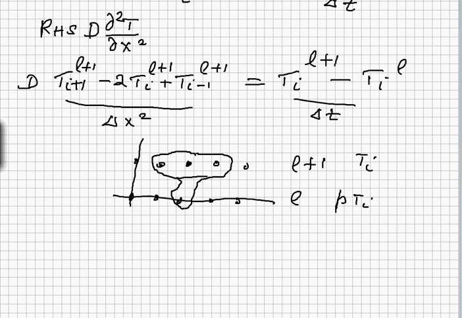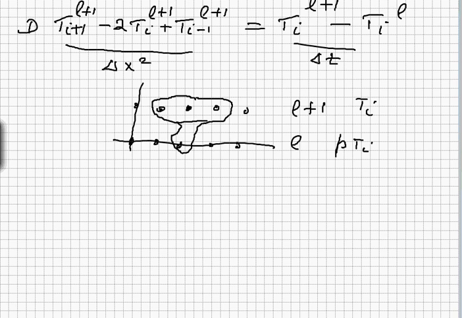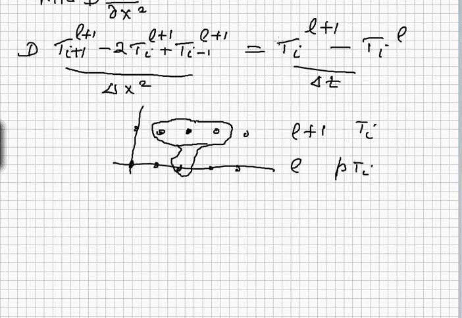Now, with that in mind, how do we solve this problem? I'm going to take this and do some simplification. First of all, I'm going back to the PT notation. Pti is nothing but Ti at level L, that's the definition, and Ti at L plus 1 is just Ti. So I can write the above equation in that notation as